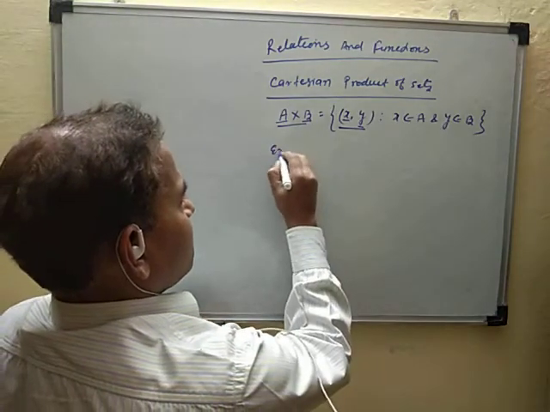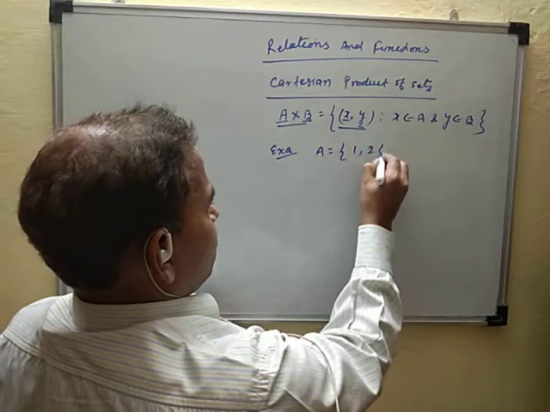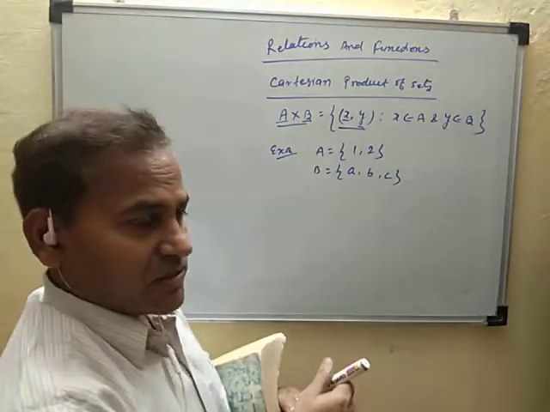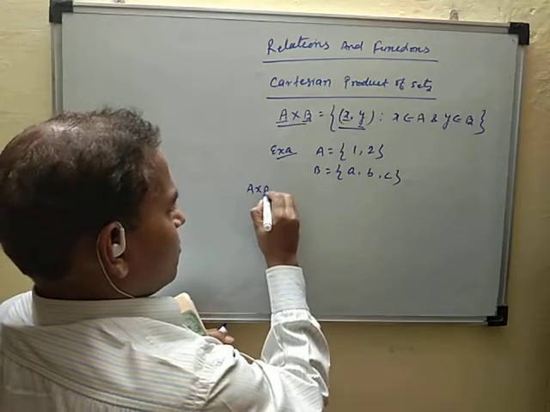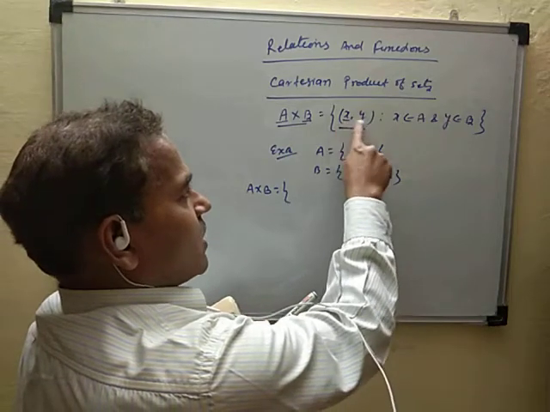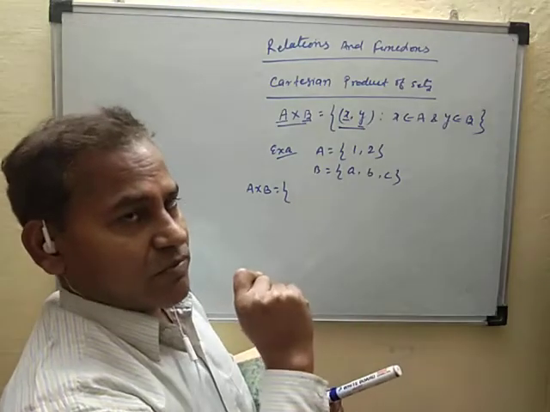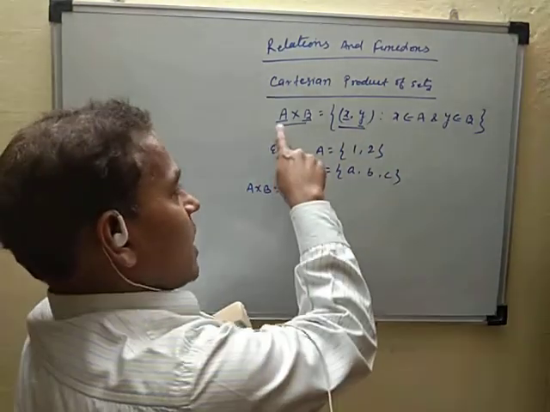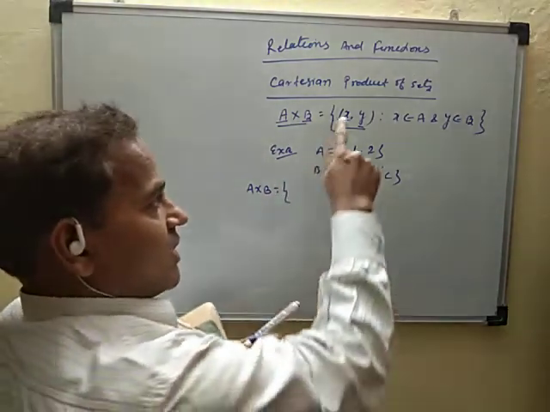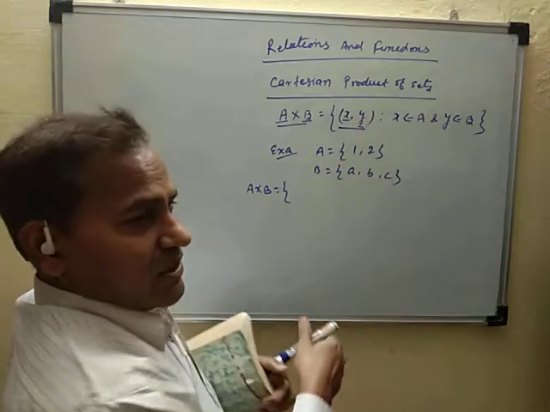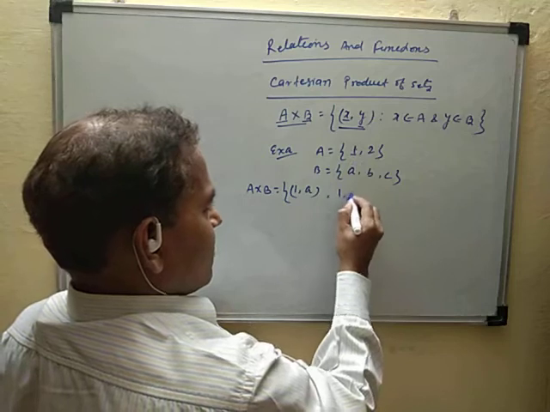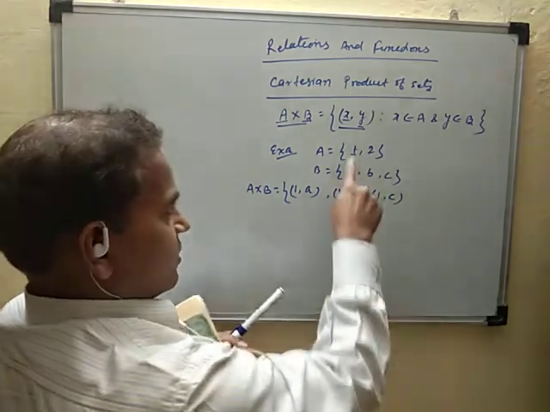For example, suppose A is equal to {1, 2} and B is equal to {a, b, c}, two sets, then the Cartesian product A cross B is equal to, write in pair form, elements. This is called ordered pair form. So it is a pair form element and ordered, that is, the element of the set you note first comes first in the ordered pair. So you write the elements as ordered pairs, first entry of set A and second entry of set B. So the first set's element is 1, so with 1 what will be formed? The ordered pairs (1, a), (1, b) and (1, c). These three ordered pairs are formed with 1.